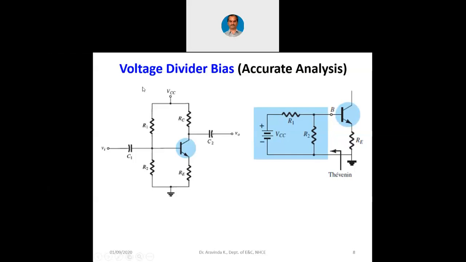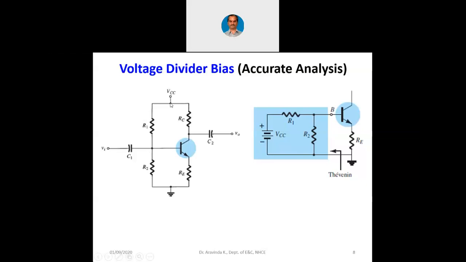So here, if we look from the output side to the input side, we can see this R1 in parallel with R2 as far as AC signal is concerned. I had discussed what is the meaning of the AC ground in one of the previous classes. When you have input here and that input AC is coming here, that AC is going all the way to VCC as well through R1, it is going to ground as well through R2, and it is going to the base of the transistor. Now R1's other end is VCC,